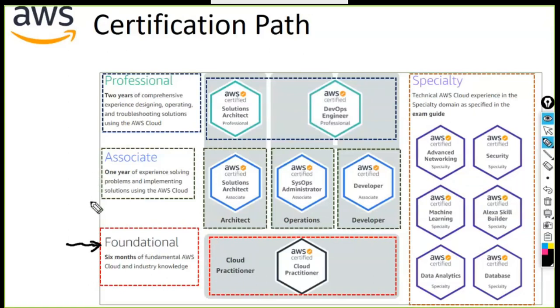People are saying that the Cloud Practitioner is not essential to start with, so we can start with the associate level itself. But if you want the fundamental understanding very clearly, then you have to prepare for the Cloud Practitioner. The Cloud Practitioner is a very simple certification. You can quickly clear the exam. That's what the community says, because even I haven't taken any certifications on AWS.